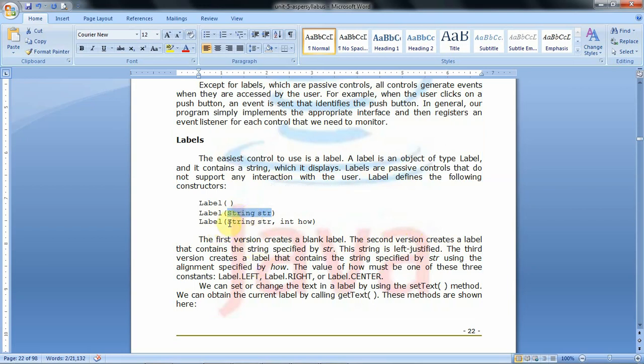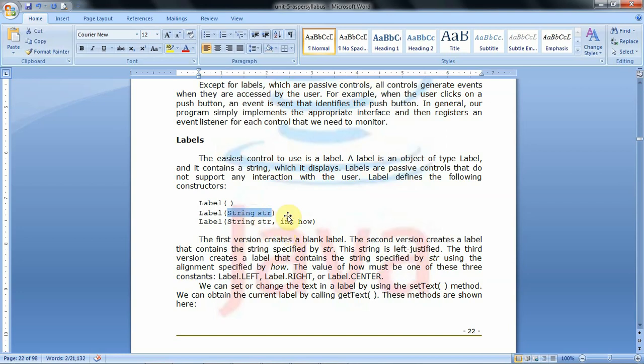Then coming to the third one, a label object is created with the specified string and alignment. Here the default alignment is left, or left justified. So if we create a label object by giving this string, then that label is left justified by default.